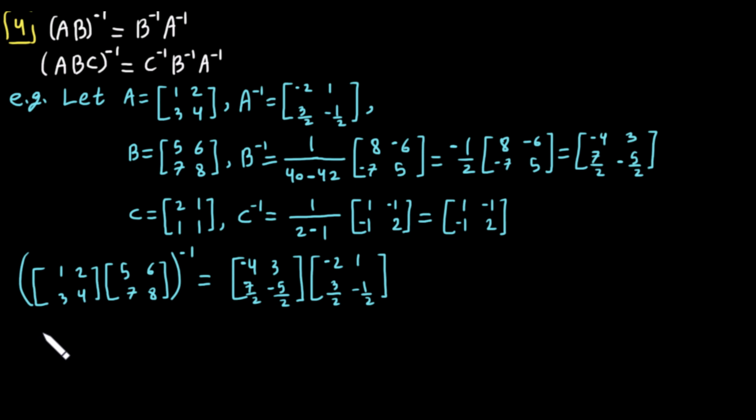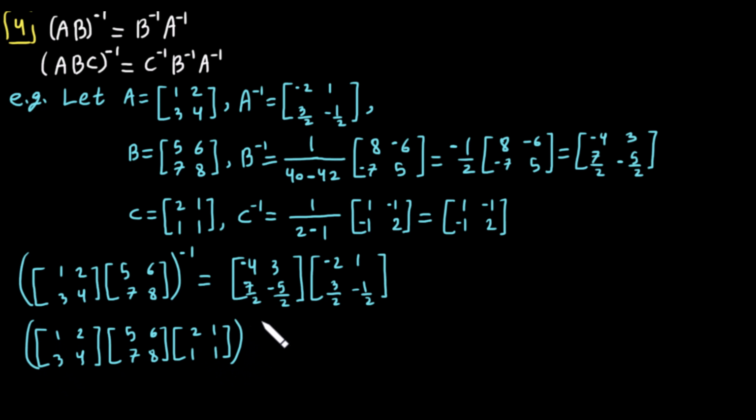If you have, for example, the same 1, 2, 3, 4, which is A, then B, which is here in our example, 5, 6, 7, 8. And if you have C here, 2, 1, 1, 1. If you take the whole thing inverse, you can simplify it by just multiplying these three matrices. So